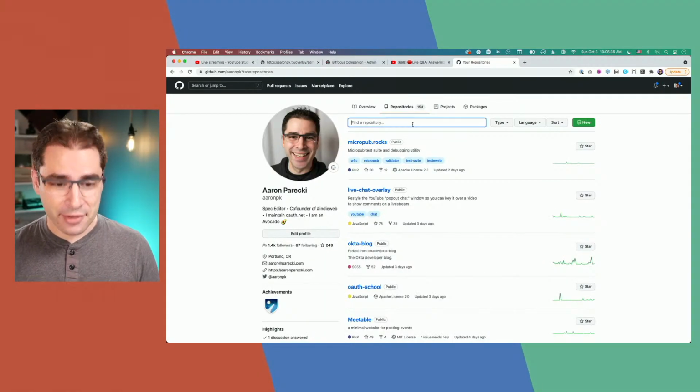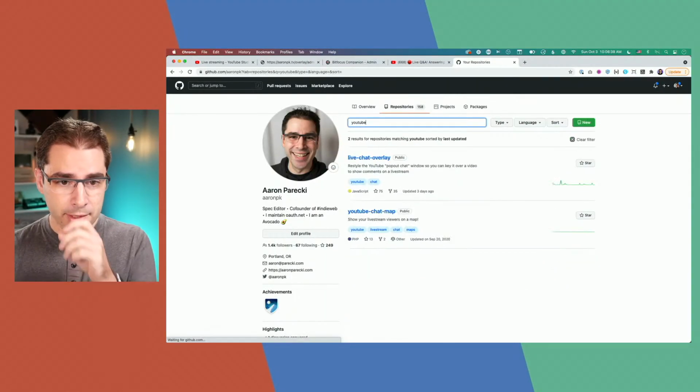And then the way that the rest of it works is complicated, so too much to go into. I should at some point. It's like a whole coding tutorial, really, because it goes and talks to the YouTube API to pull messages. It goes through the geocoder to try to find where the places are that people are saying. I did actually publish this as an open source project in case anybody does want to try to use it. It's not well packaged by any means, but if I go and search my GitHub for YouTube,